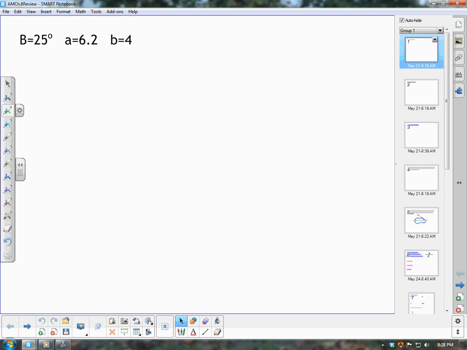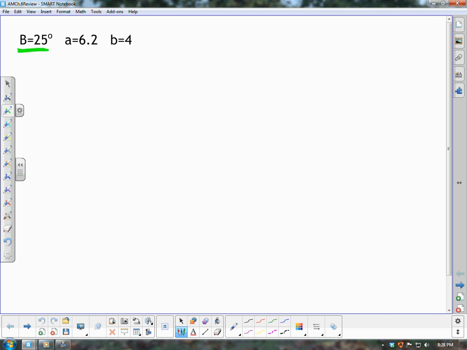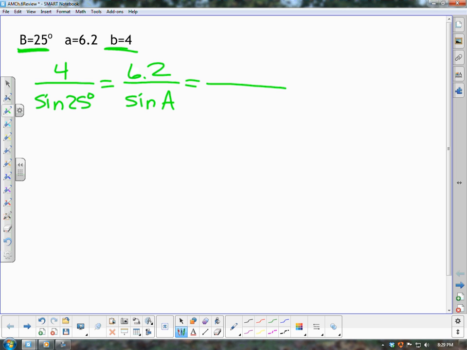And here you're going to have to find the parts of the triangle. Because we know angle B and side B, we can use the law of sines. So we have 4 over the sine of 25 equal to 6.2 over the sine of A. And then we also could find C and then the sine of C. In doing this, we would take 6.2 times the sine of 25 and then divide it by 4, and you would get the sine of A is equal to